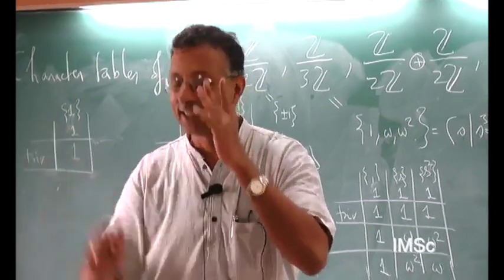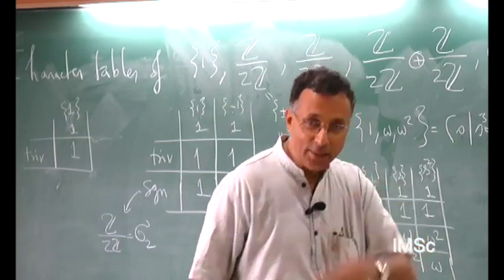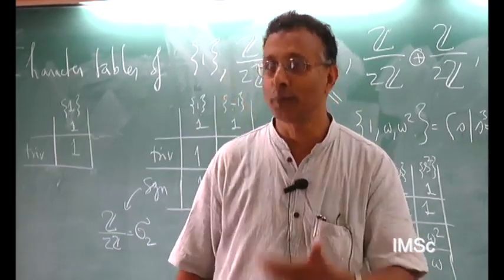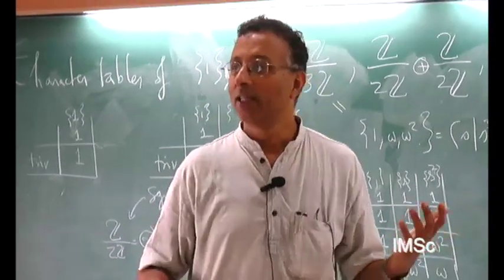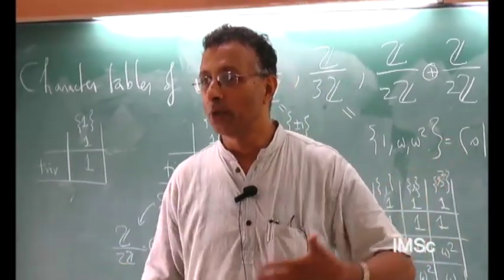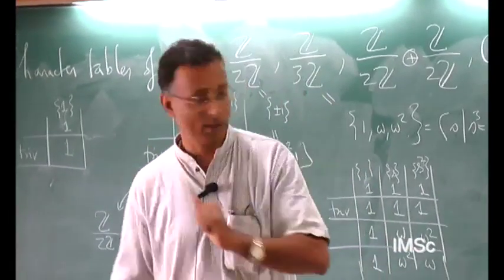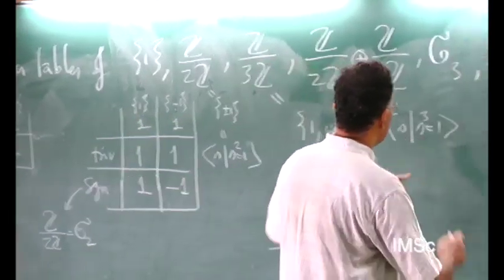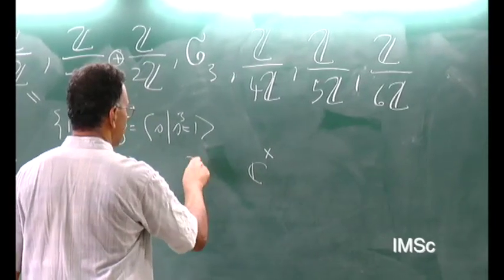Whose cube is identity, I should say. That element is a cube root, so to speak, of 1. Maybe the word cube root is not very nice to use if the group is not abelian. Anyway, an element whose cube is 1. Okay. So now, we have seen that you must have